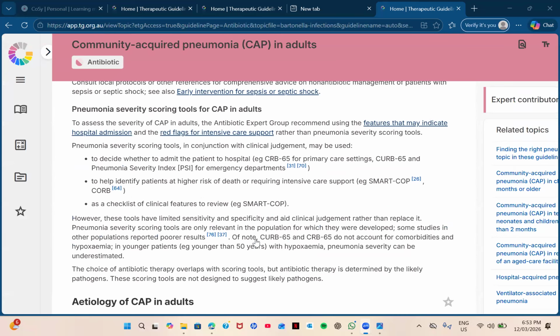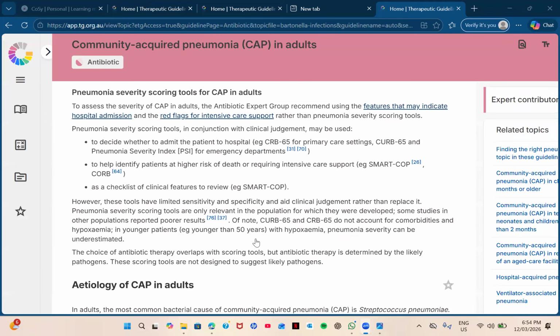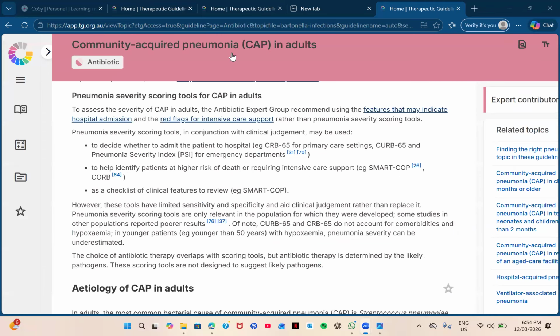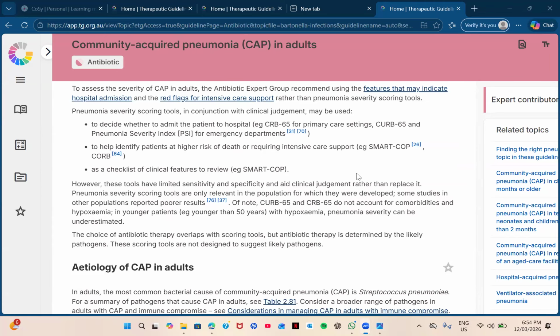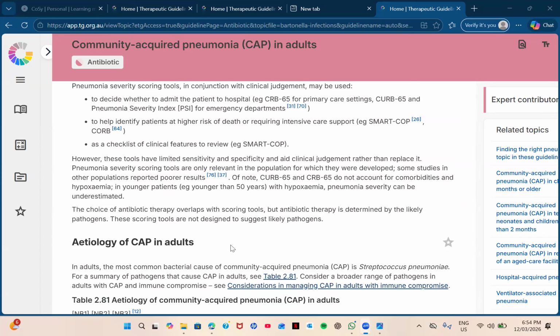Okay. And what do you know about the pneumonia scoring systems? What are those pneumonia scoring systems? We have CURB-65, right? CURB-65, CRB-65. Then we have SMART-COP as well, right? I'm not going to discuss those things, okay? Because